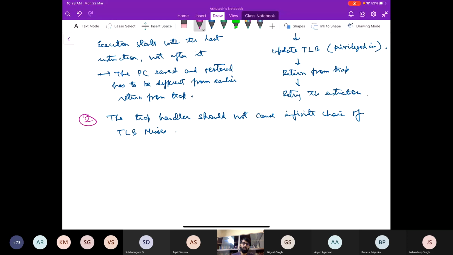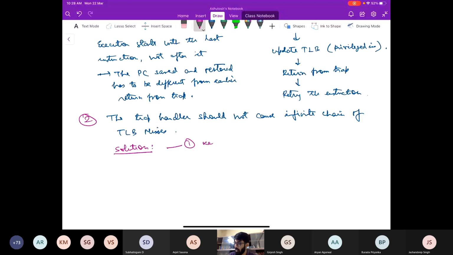Because this is a code, the trap handler. It resides somewhere in the memory. So how do we solve this? We can keep all of the OS pages in the TLB always. So the pages are not there in the TLB, but the mappings, the translations for OS pages. Yes, right. So one solution, as Arthur suggested, is that